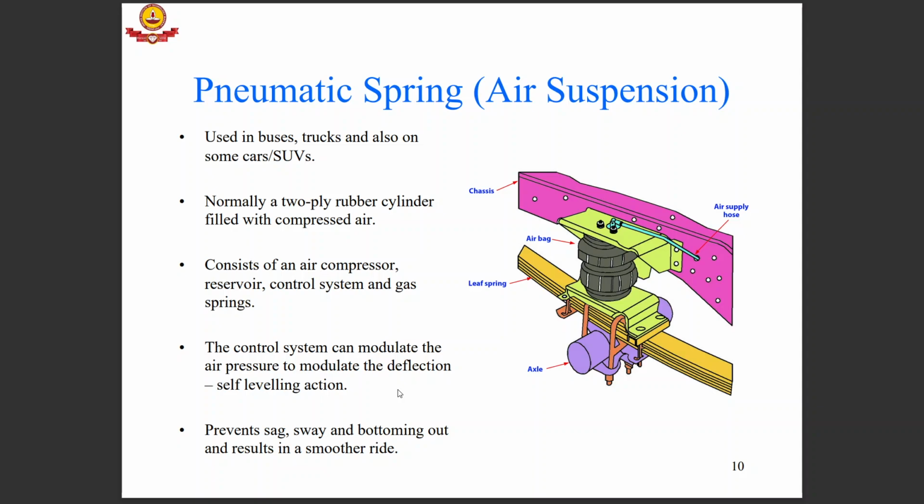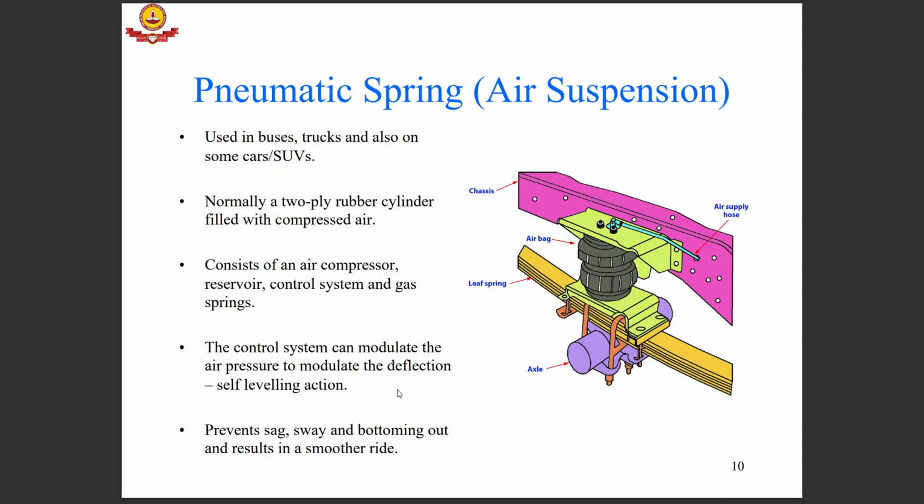Then one more thing is the pneumatic spring. It is essentially a thick bag of rubber in which air can be filled. So it is used in buses and trucks, like some of the premium buses you see even advertise air suspension. Right, it is normally a two-ply rubber cylinder filled with compressed air. So of course there is an additional requirement of an air compressor and reservoir to store air and a control system, and a gas spring for this kind of a system,